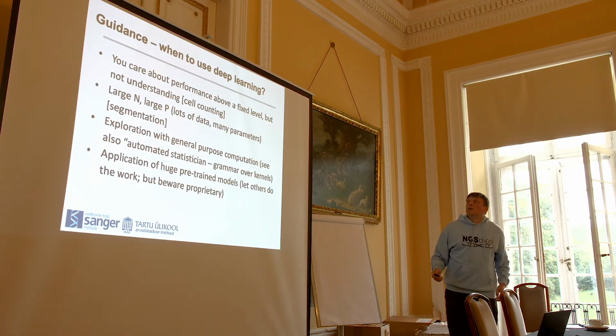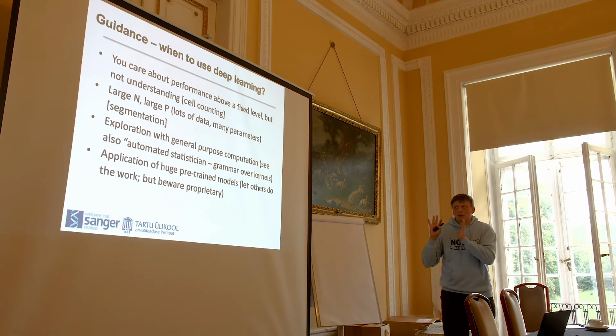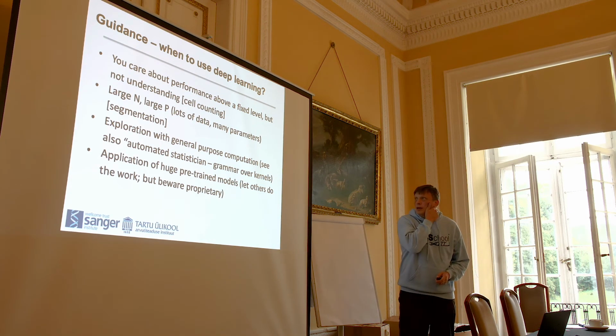Okay, when to use deep learning. It's very easy to use deep learning if you care about performance, but not necessarily understanding it. You didn't see the cell counting example in depth, but for example, in one of the collaborations with PerkinElmer, they just want to count cells in images, that's their phenotyping from the microscope. We have metrics, we can measure performance. We don't really care what it finds in those bright field images, whether it's texture or a retraction of the distance. We have something that works well.